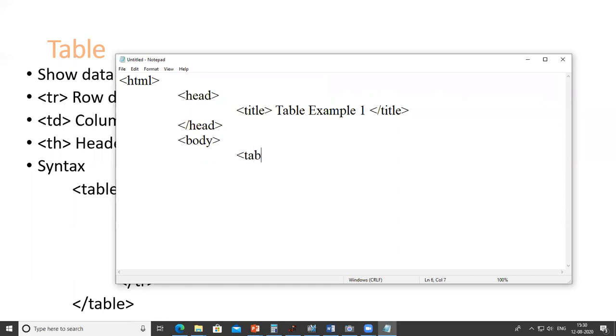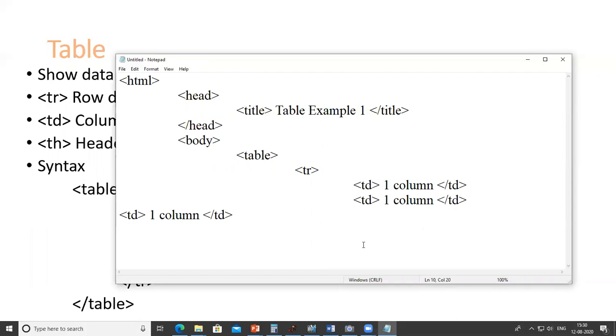In the body, I want to use the table tag to display data in a tabular format. So I write table here. In that, I first use the TR tag to create a row, and this is the column of the first row. So I write first column, and after that I close the TD tag. For the second column, I just copy this code and paste it.